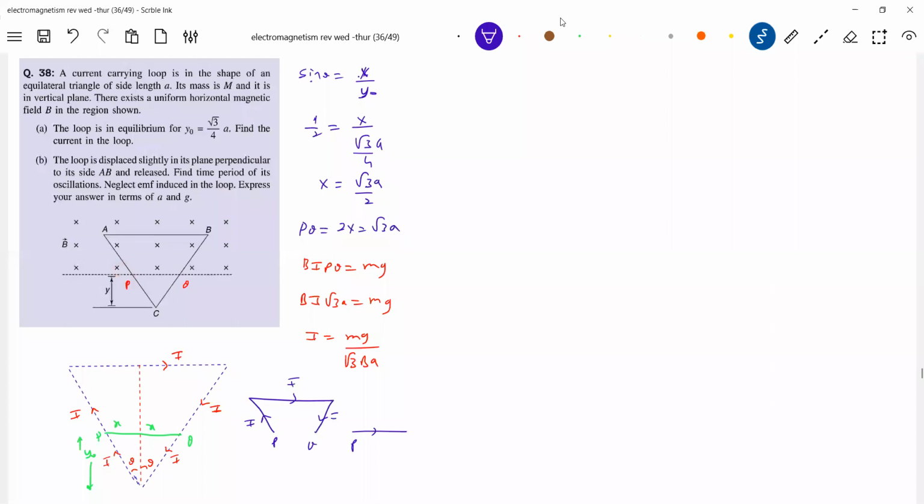So here B bar is like this. So B bar, I in current. So the magnetic force will act like this. FB balanced by total weight of the loop, not weight of the wire PQ. There is nothing called a wire PQ. Effective length of PABQ is what? PQ. Okay, this is about we got the current now. Now it's in equilibrium. Slightly I displace it, then it's going to execute SHM.